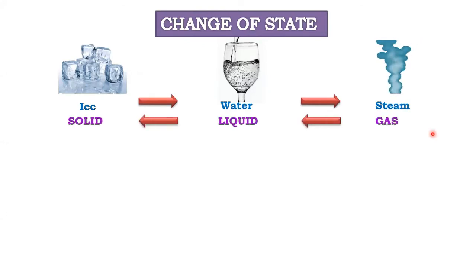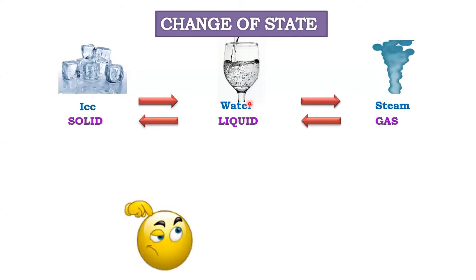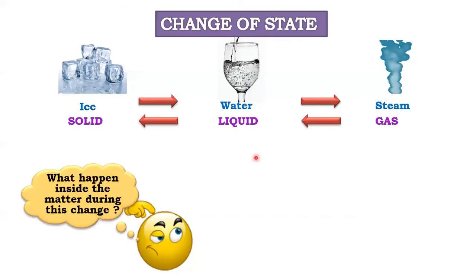Similarly, gas can be brought back into liquid, and can be brought back into solid as well. So if you see, the change over here is reversible, and it can be reversed very easily. आराम से हम लोग इसको अच्छी तरीके से reverse कर सकते हैं, right? So now the question is, how can that be possible, and what is the thing which is responsible over here? Let's see. आगे देखते हैं.